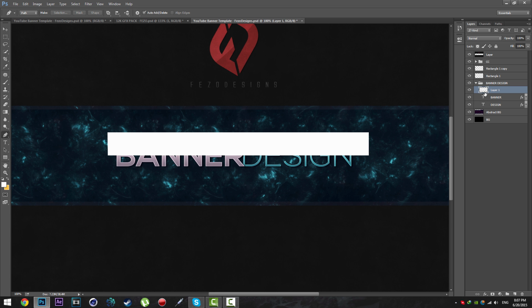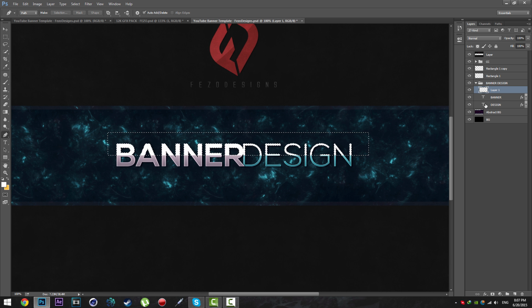Then hold Ctrl on your keyboard and click the layer 1 thumbnail. Then hold Ctrl Alt on your keyboard and click this T icon for the banner text, and click the T for the design text, and click the delete key on your keyboard a few times